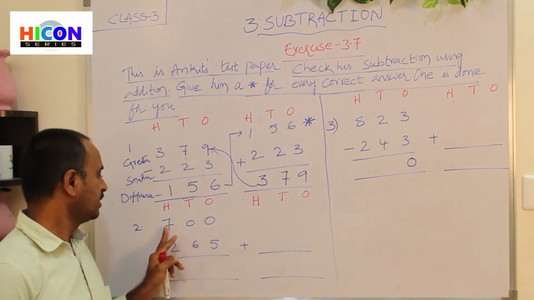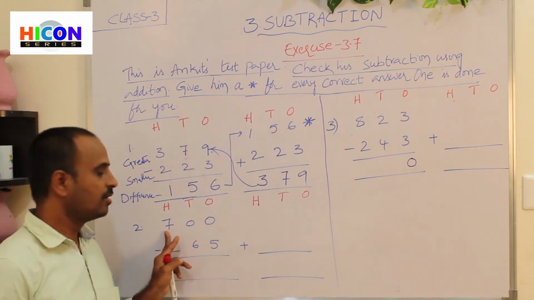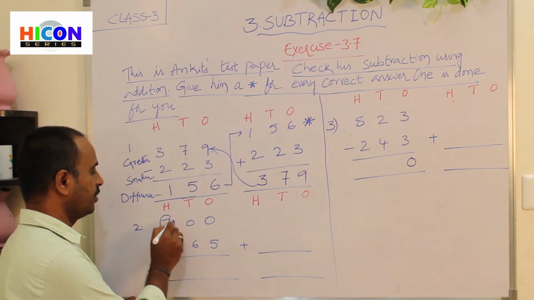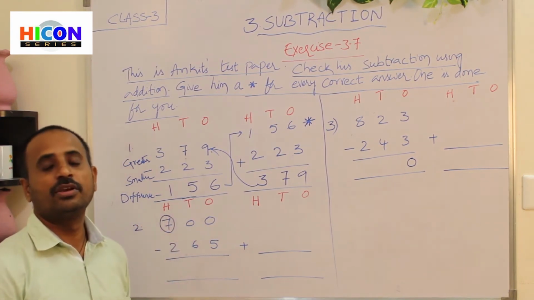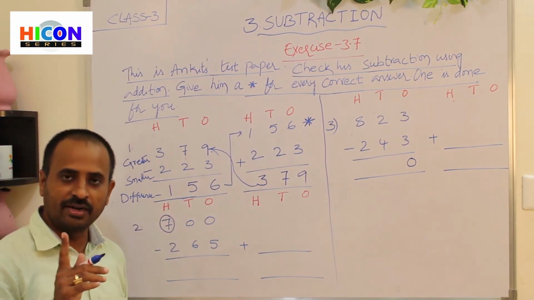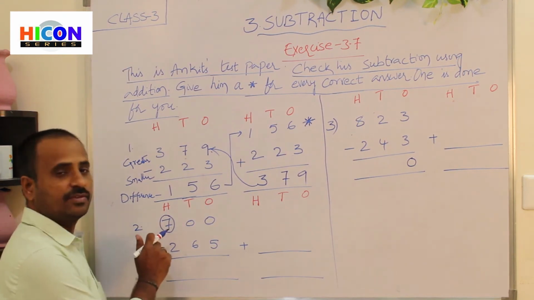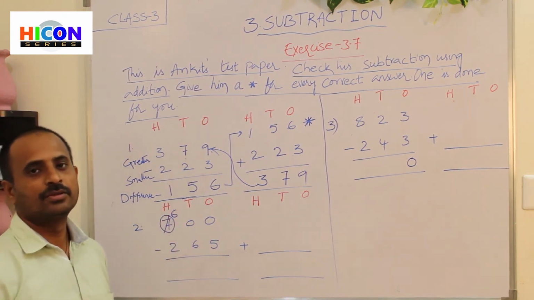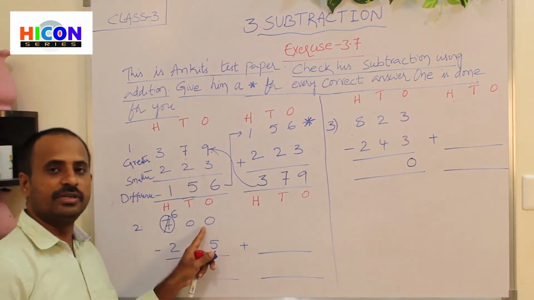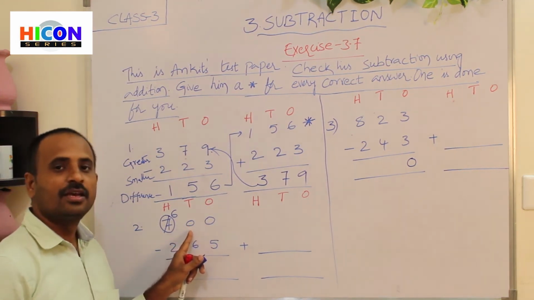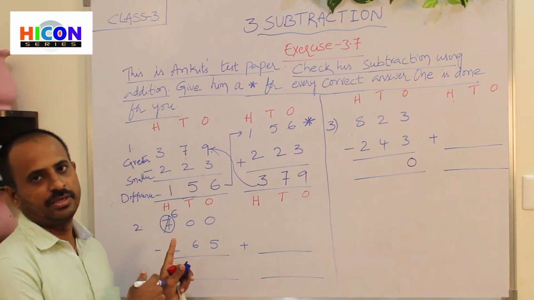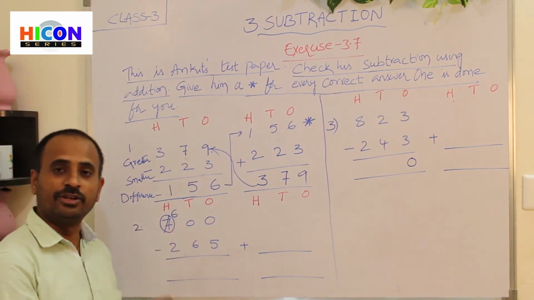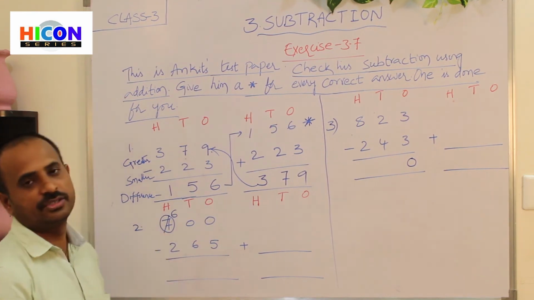What is the next place? Hundreds place. How many hundreds are there? There are 7 hundreds. So get borrow from 7 hundreds. So if you get borrow 100 from 7 hundreds, how many hundreds will be there? There will be 6 hundreds. So write 6. If there are also zeros, then go to next place. Continue this process until we get a digit.